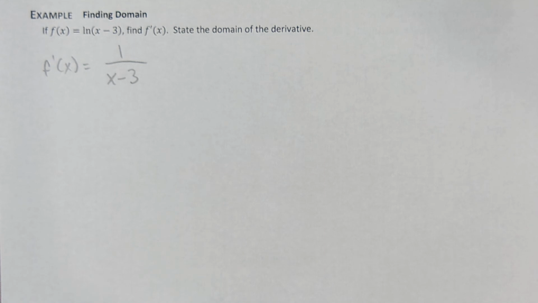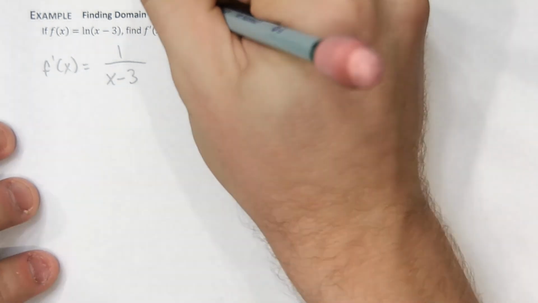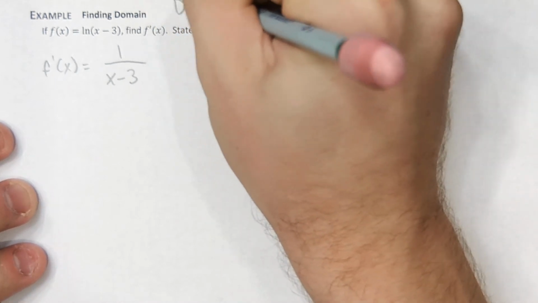You're looking at that and you're going, simple dimple, Mr. M. The only thing that x is not allowed to be is 3. And I go, oh, how wrong you are. But why? Why is that not the domain of this derivative? Maybe it's because the original function had a restricted domain. You see, the domain of f of x